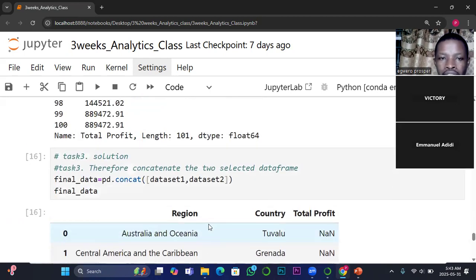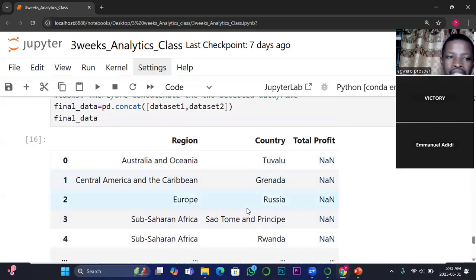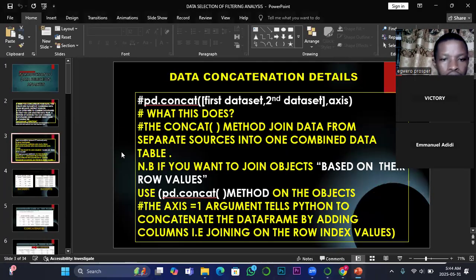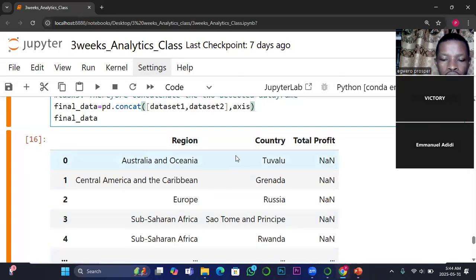What happened here is the other structure that I explained. This is vertical concatenation instead of horizontal. So for me to make it concatenated horizontally, I will just come after the square bracket, put comma, and say axis. Am I sure my axis spelling is correct? Let me confirm that. I think this one is correct. So axis equals to